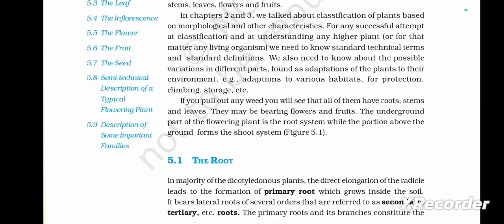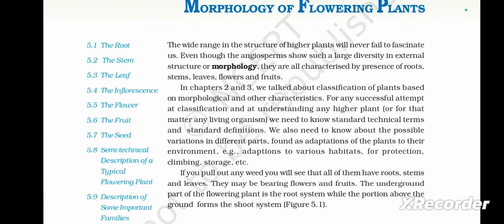If you pull out any weed, you will see that all of them have roots, stems and leaves. They may be bearing flowers and fruits. The underground part of the flowering plant is the root system, while the portion above the ground forms the shoot system. Okay. So here in this chapter, we have some subunits, that is chapter 5.1, the root, 5.2, the stem,